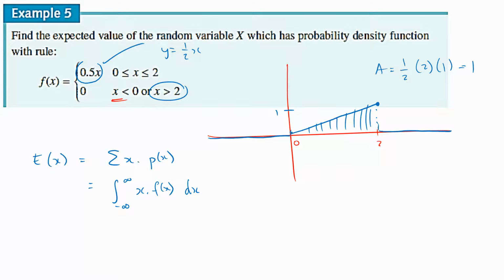So if that's my definition, well, let's have a look. It's not negative infinity to infinity, because negative infinity, I know that's 0. So where's my endpoint? My endpoint's right at 0. So instead of negative infinity, it should be 0 to 2. So that's the area I'm looking for. Everything else is 0, so I might as well just find out the area here. 0 to 2. My f of x curve, well, it tells me it's 0.5x.